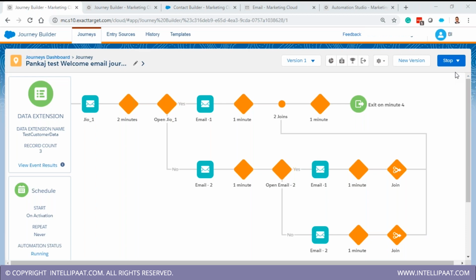So for example, if you want to act on the engagement of your subscriber, if he opens the email you want to take him to a different path, or if he doesn't, you want to take him to a different path, Journey Builder would be a good tool to do that. Although you can actually achieve this with Automation Studio, to be honest, Journey Builder gives you more flexibility in terms of customized view,